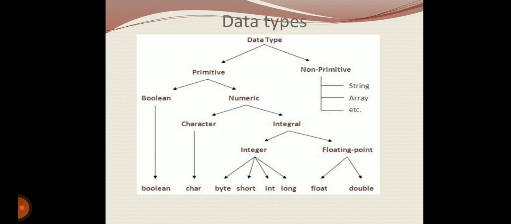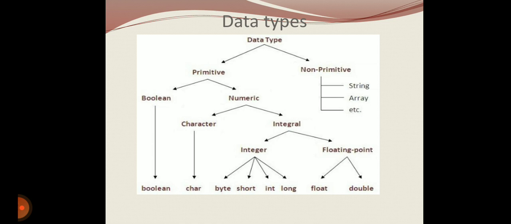Okay, and next we will see about data types. So what do you mean by data type? It is the type of data that we are going to use, which needs to be predefined. That is what is called the data type. It represents the different values to be stored in the variable. It is divided into 2 types: primitive data type and non-primitive data type.